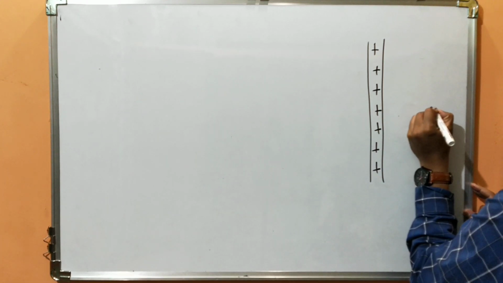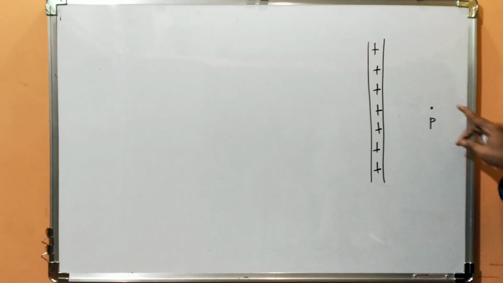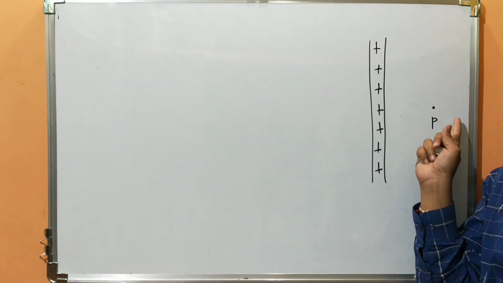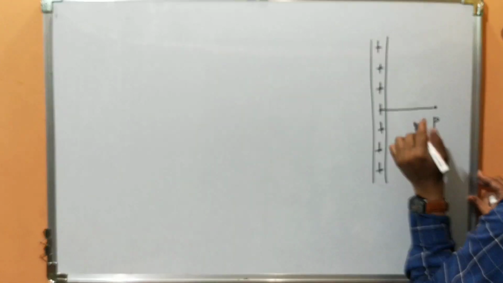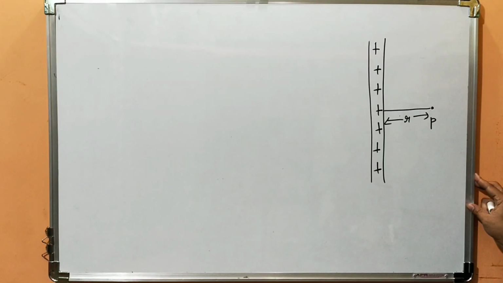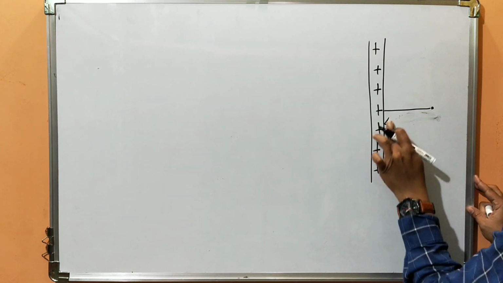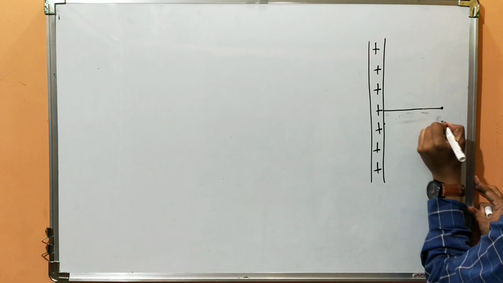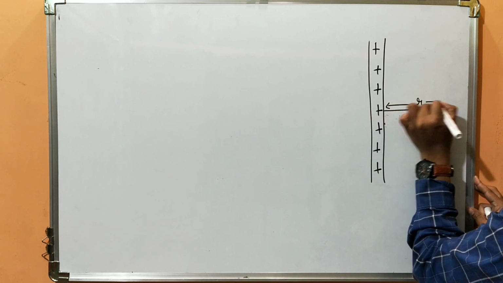And we are supposed to find electric field at any point P, which must be outside the wire. So for an example, I will assume my point here, and I am interested to find what is the electric field at this point P. So let this distance from the wire be R. Are you understanding? And let us find electric field in this direction. Just a minute, I'll write it big. So this is my point P, and this is my distance R.